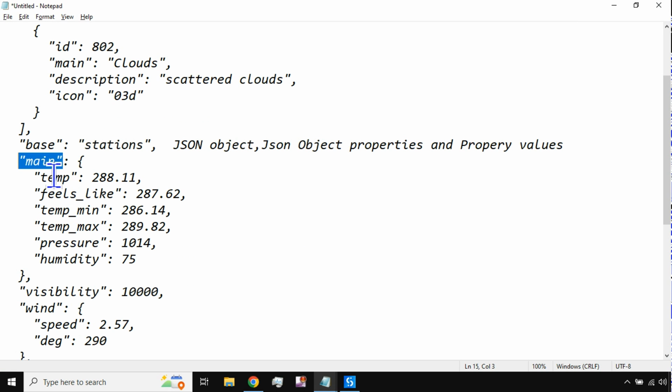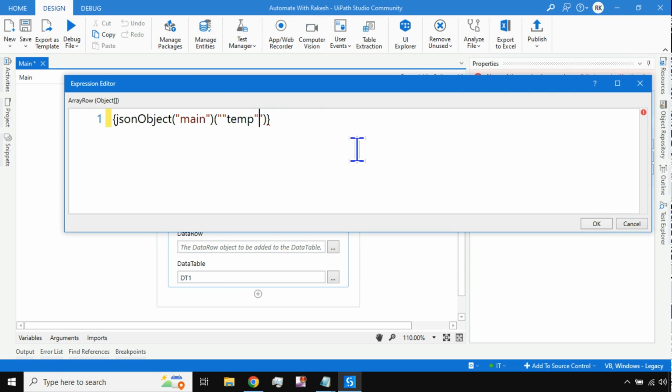The first one is temperature. So I'll copy this and paste it. Simple. So the first value has come, and then again put a comma. And the same thing, let me copy and paste so that I don't have to write it twice. JSON object main, and then here it should be a different one, right? And why are there double quotes? It should be only a single quote. Done. Let's come here and remove this entirely,